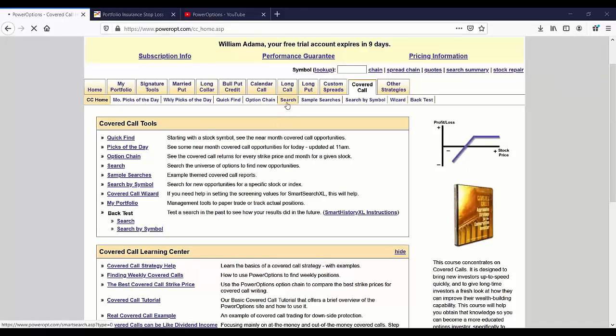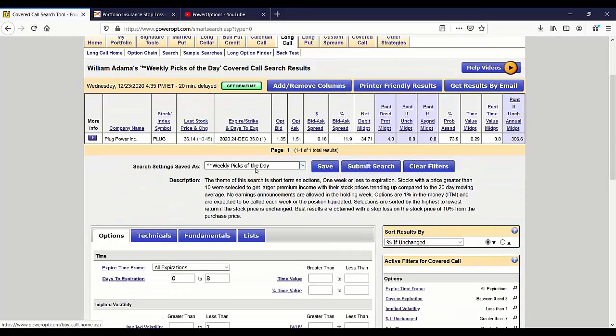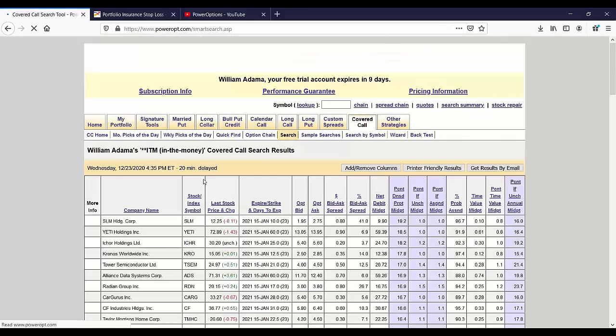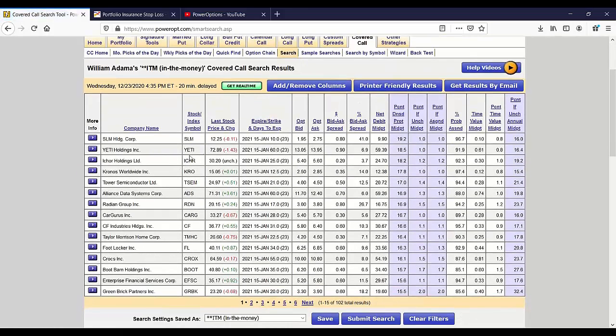All right. Now let's just go into the search here. All right, and that's a weekly pick of the day, but what I'm gonna look for is just the in the money default screen. Okay, so now these might be a little bit too much for me when I wanna adjust some of the criteria. But just in a case like Car Gurus, the stock is trading at 33.27. January 28 might be too deep in the money for me, but it is still offering a 1% return if assigned with a